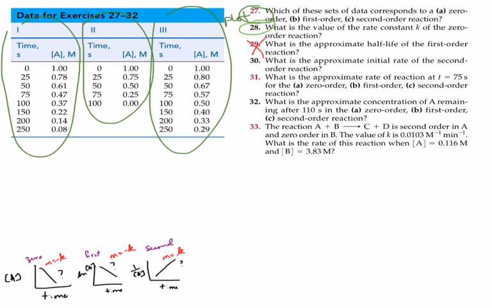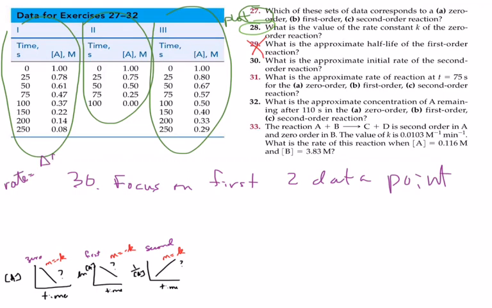Again, it's a half-life thing. We'll talk about half-life. It's not really complicated. But you can do 30, and I have hints on how to do 30. Number 30 says, what is the approximate initial rate for whichever one you came up with as second order? So my hint there is to